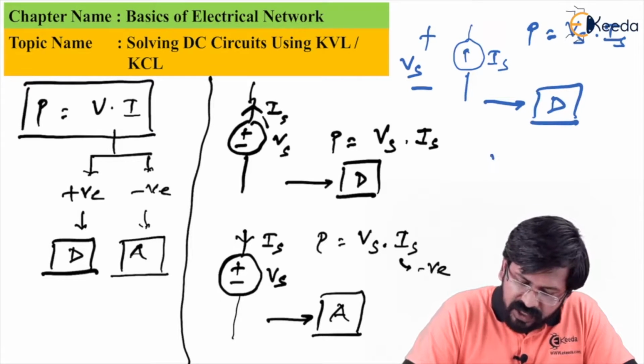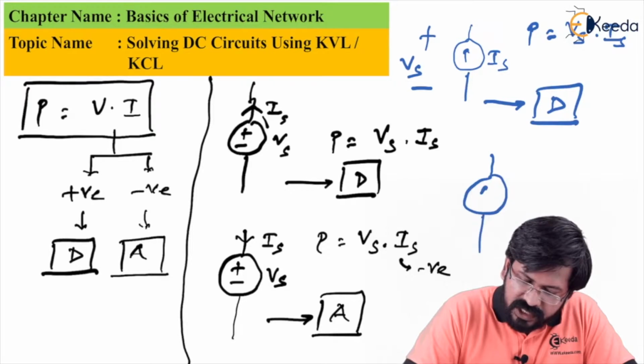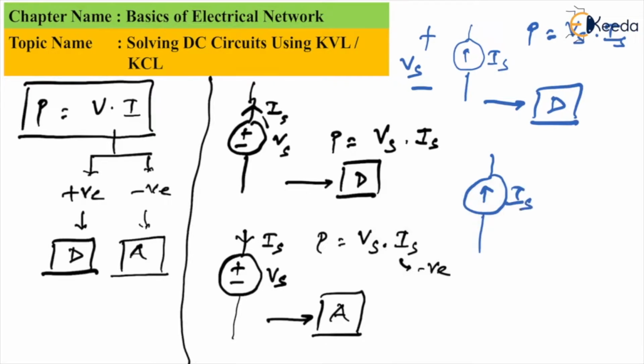Whereas if we refer to this as a current source, let's say in the upward direction, but the voltage across it appears to be minus plus. So as you can see, rather than the current coming out of the positive terminal, now it is coming out of the negative terminal, which can be considered a negative current, which will result in negative power. So in a way, I can claim that this current source is not delivering the power, rather it is absorbing the power.